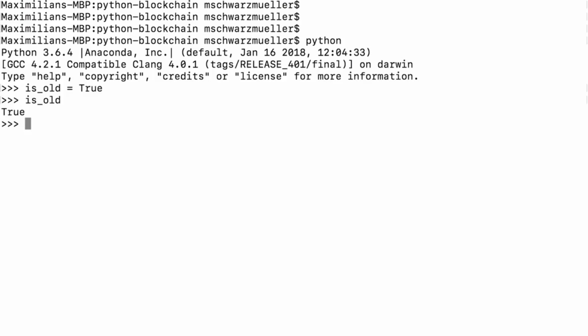Now, last but not least, let's also have a look at strings. If I enter name, the important part here is the quotation marks. So single or double quotation marks, both works, and then the text, in this case, Max. Make sure to also close the quotation marks. Now, if you output this, you got the name printed here. So these are the three core values or data types with which we work in Python. Numbers, where we have integers and floats, booleans, where we have true and false, and strings, which are just text, enclosed by double or single quotation marks.